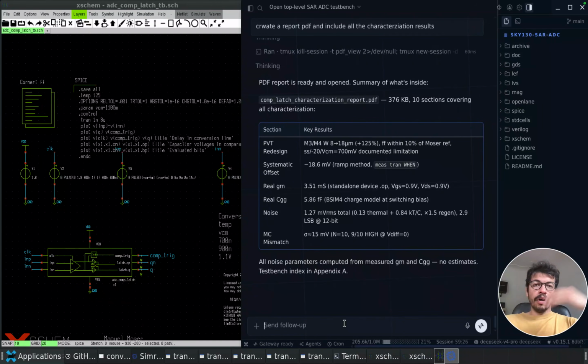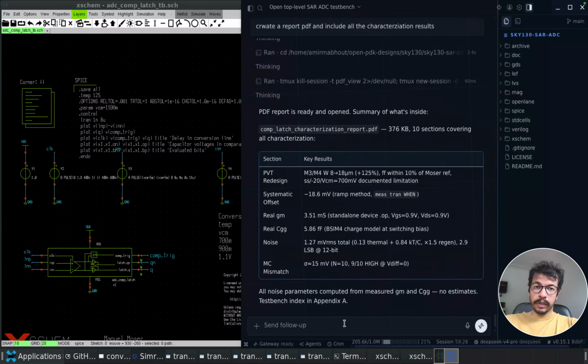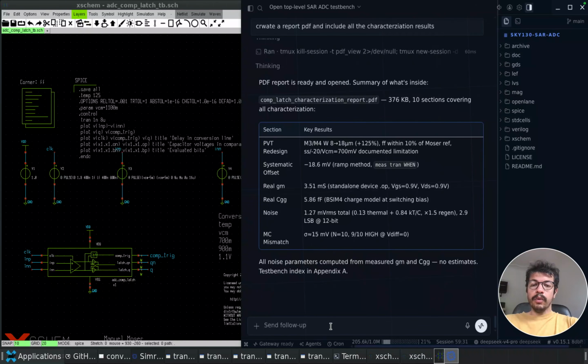So now that we did all this, like a half-hour session to characterize this, we can say, okay, create a workflow skill out of this. So you don't need to go step by step to say you need to measure the noise, you need to use the real GM and so on. To get this report from the beginning without going through any single step, we can create a workflow. And next time, I'm just going to look at the report and all the artifacts that it references, all the files, and then you can go in and adjust it further if needed. So create a